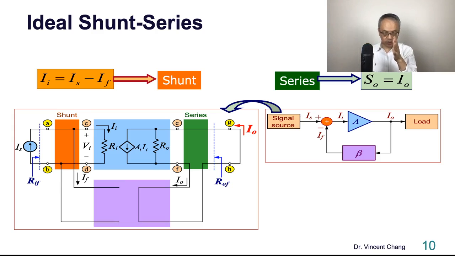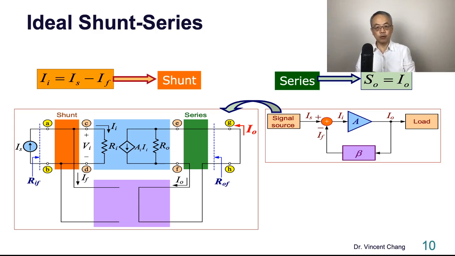I want you to pay attention to the circuit. There's no resistance between G and H, and no resistance between E and F. Therefore, there's no voltage drop across RO, so no current goes through RO. Therefore, IO equals AI times